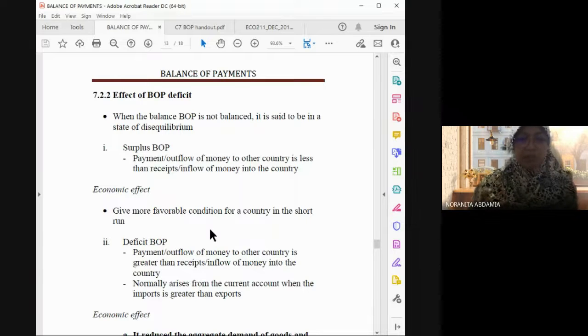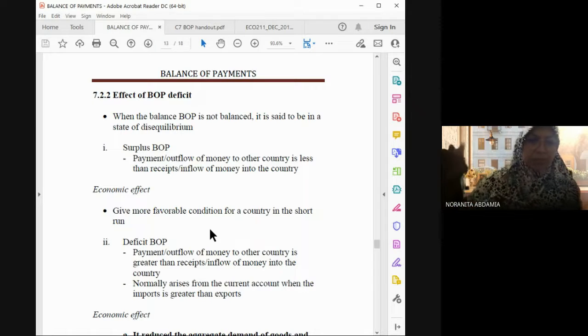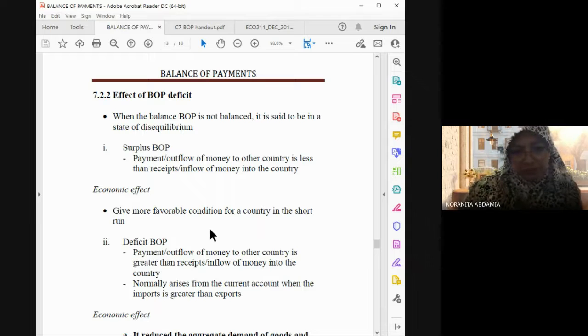So selepas dia beli banyak-banyak, bila dia beli tu, masa tu memang our ringgit Malaysia dah memang wow, naik gila. Bila currency trader beli banyak currency kita, right? Currency kita maknanya have high demand. So this will help to raise the value of the currency. But as I say, this is actually the currency trader. Itu kerja dia. Kerja dia adalah membeli dan menjual mata wang.